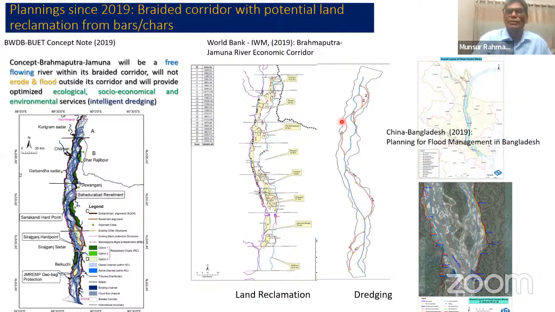So these are also almost similar in nature, but more aggressive in terms of the reclamation of the chars or sandbars to make them flood-free, raise the land, etc. So this will be a kind of area where people can have a flood-free zone or something like that. And